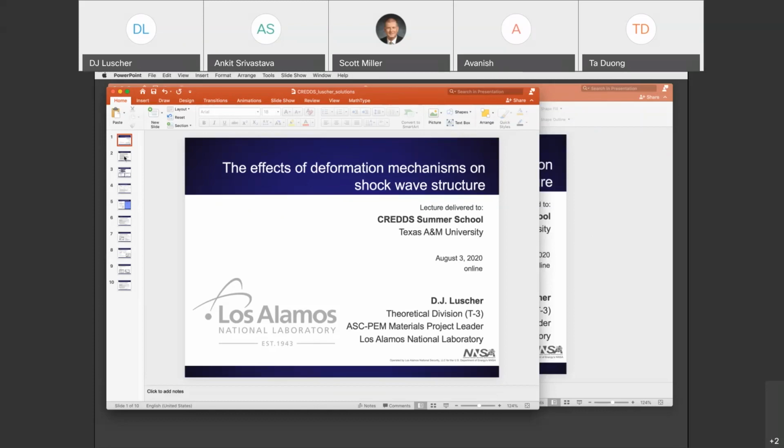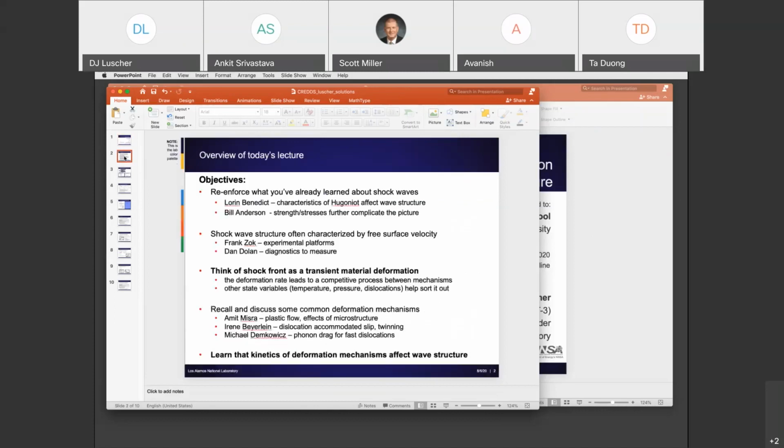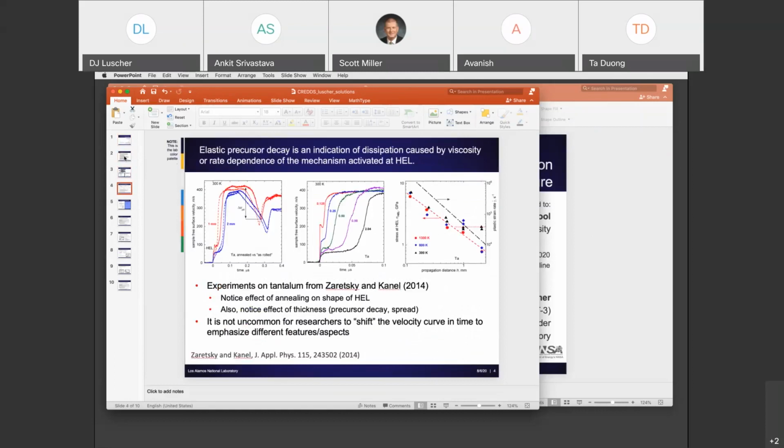If there aren't other questions about the lecture on shock waves, I think I'll just go through the solutions to the problems, and then maybe you'll have more specific questions about those solutions. So one of the slides I presented before I got to setting up the actual homework problems is this slide